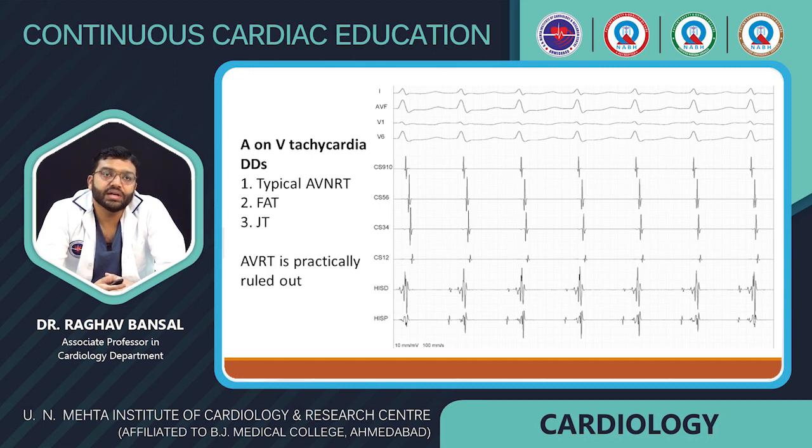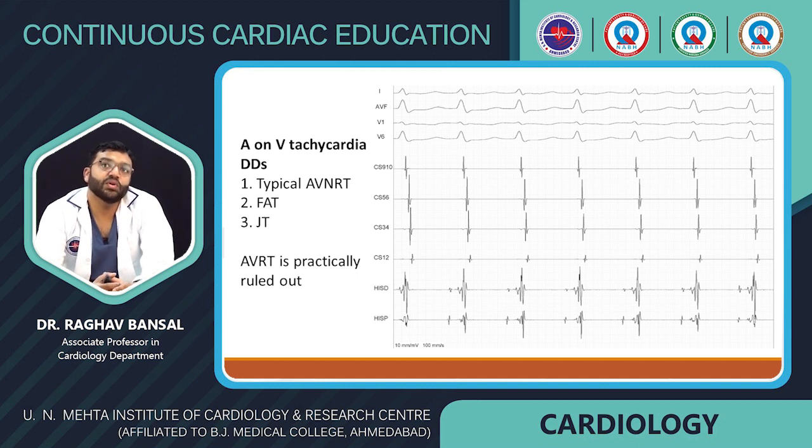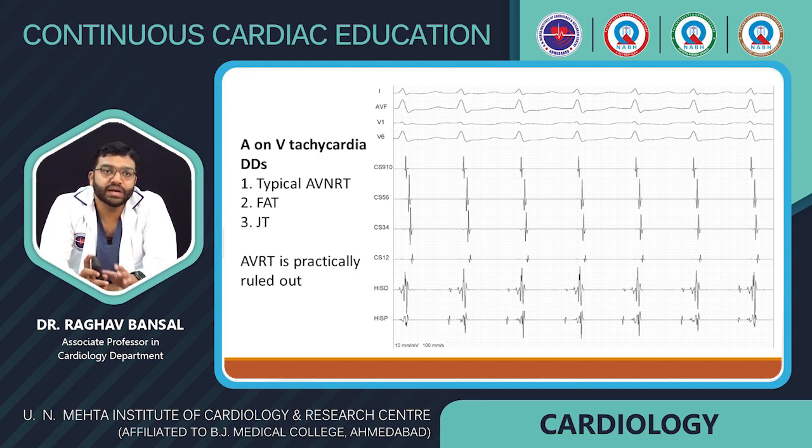Coming down to the tachycardia characteristics. For A1V tachycardia, the differential diagnosis, as we have already discussed, AVRT is out because the two chambers are being activated in series, not in parallel. So the diagnosis most commonly would be a typical AVNRT. Rarely it can be a focal atrial tachycardia